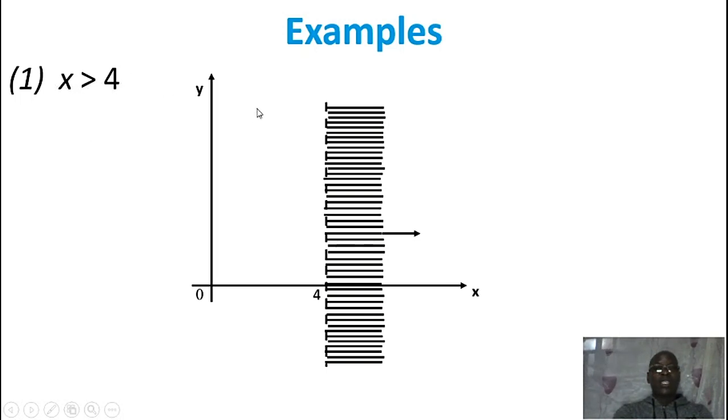Since x is strictly greater than 4, you stand on 4, draw a vertical line that is dotted, because there is no sign of equality there, the line has to be dotted. Then the shading pattern has to take the direction towards all numbers greater than 4. You can see when you stand on 4, numbers greater than 4 are on the right side of 4, while numbers less than 4 are on the left side of 4. You can see this arrow is indicating the direction of movement. Then shading has to go from that line rightwards.